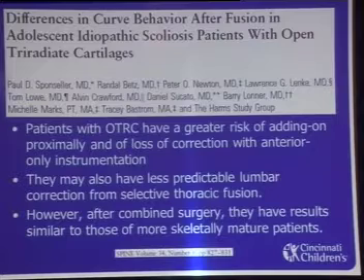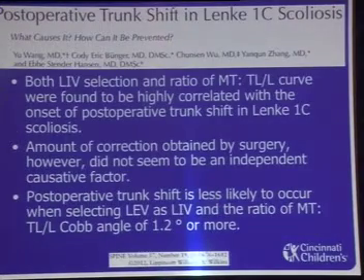If the patient has open triradiate cartilages or is at Risser 0, they are going to grow even after your spinal fusion, and they may get lumbar decompensation if the lumbar curve is not completely balanced. And that's why selective thoracic fusion is less likely to be useful for those patients. So multiple papers, but at the end of the day,